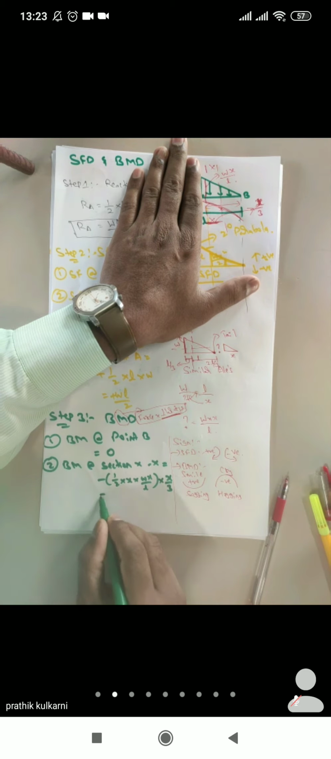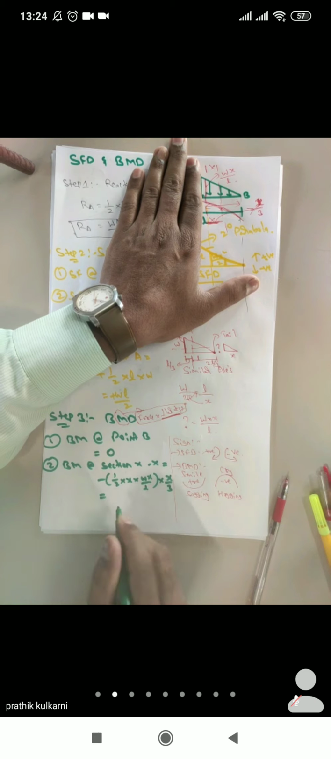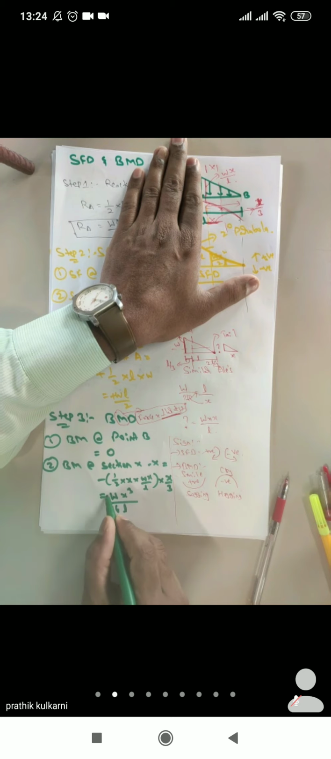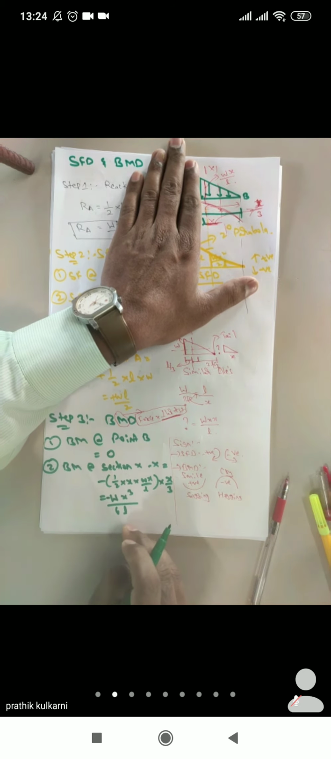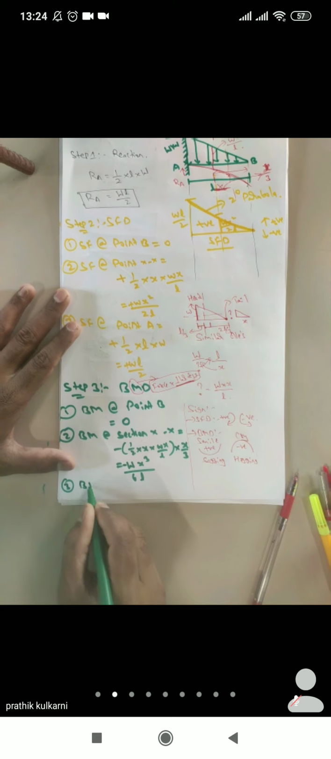So what will we get? X, X, X: we have X cube and we have W. So W X cube by 3 into 2 is 6 into L, so 6L. So this is minus W X cube by 6 into L. Got it? Fine. Now the last point we have is the bending moment at